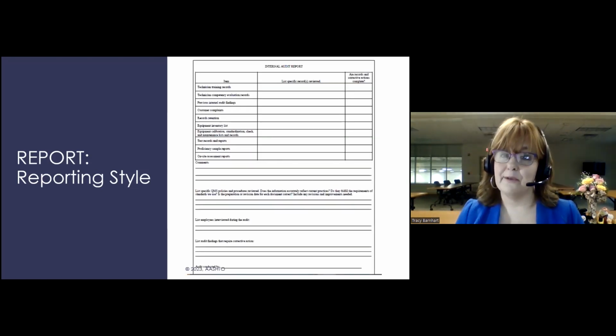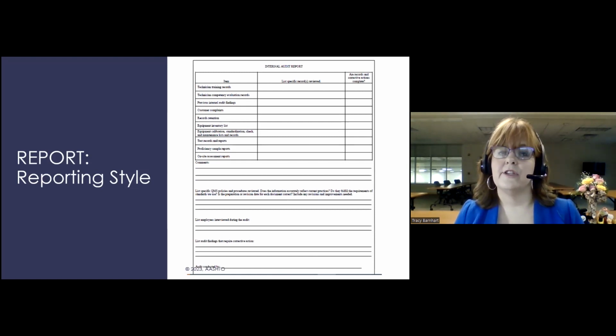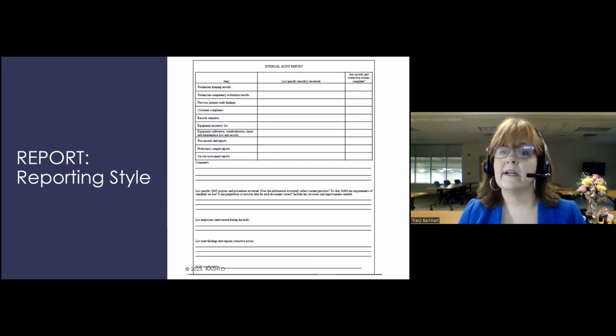There is also an example template for recording internal audit findings in AASHTO R18. And you'll note that this is not just a bunch of check boxes. Regardless of your auditing or reporting style, you want to make sure that you're including specific detail in your report. What records you looked at, what procedures you reviewed, who you talked to, all of that kind of stuff.